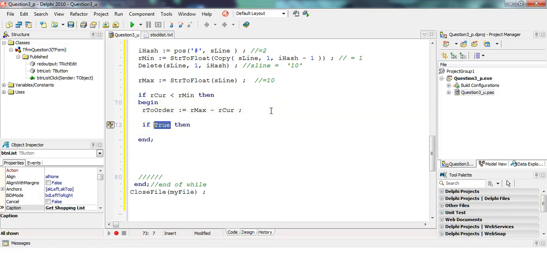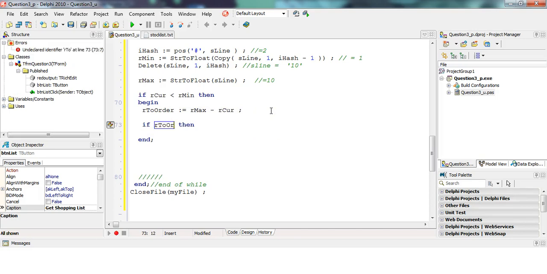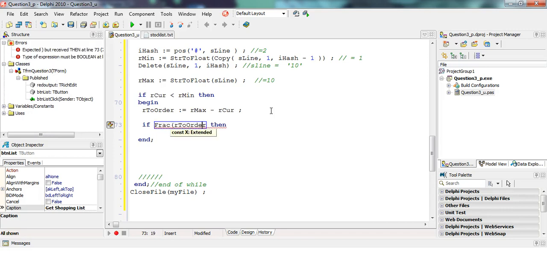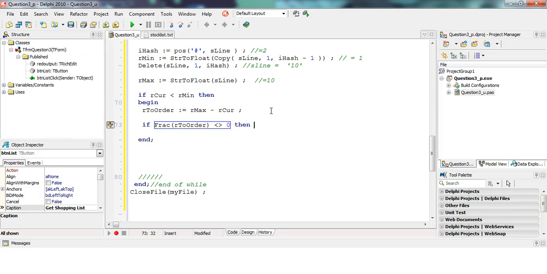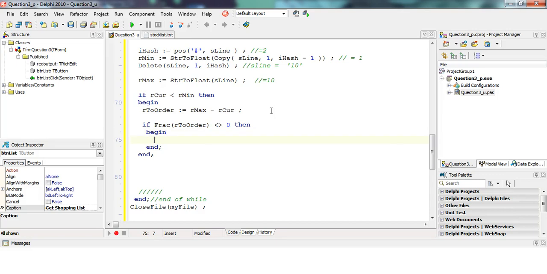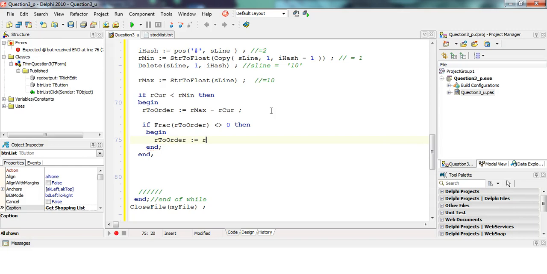If the R2 order has a decimal value, how do I find if it's got a decimal value? Well, that's frac. The frac value of it will return the decimal value. If it's a whole number, frac will be a 0. But if it's not equal to 0, that means it's 0 point something. If that's the case, then we must say R2 order is equal to whatever R2 order is at the moment,